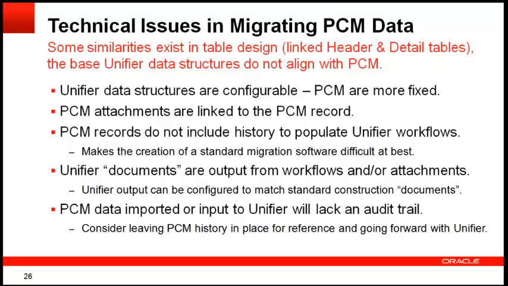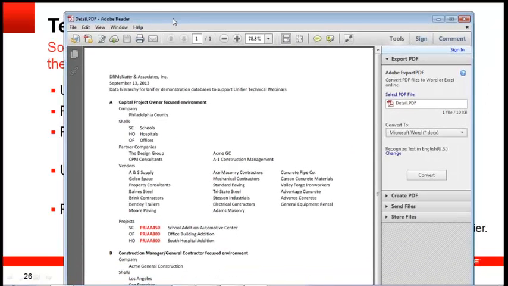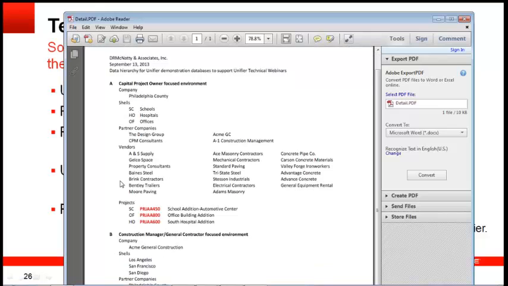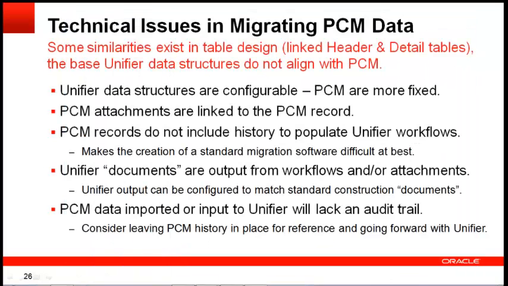It makes a big difference on the kind of team that you're going to have when you migrate. Now, there's some things that you need to lay out before you start doing any kind of migration. One of them is, we developed a document that laid out what we wanted our tool to look at: how we want to use shells, partner companies, vendors, and how we're going to name projects. So we went through all of that.